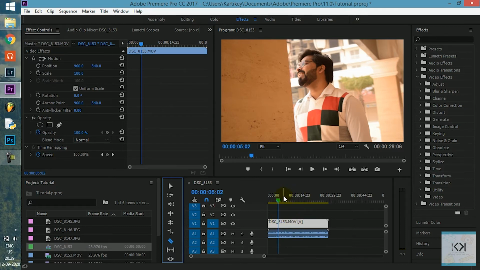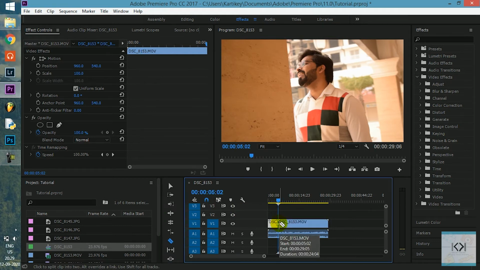I want to remove the area before this playhead, and I don't want to cut the wrong part of the video. So I must ensure that snap is enabled. Only then will it cut right on the playhead. Right now my snap is enabled. I am confident that it will cut on this section only, so I will click here, and as you can see it has separated both sections and the left one is highlighted.